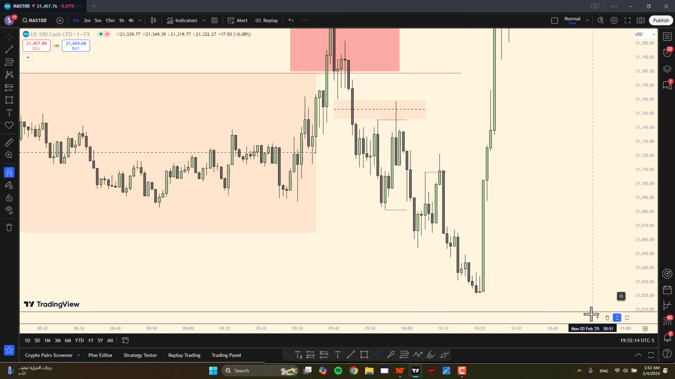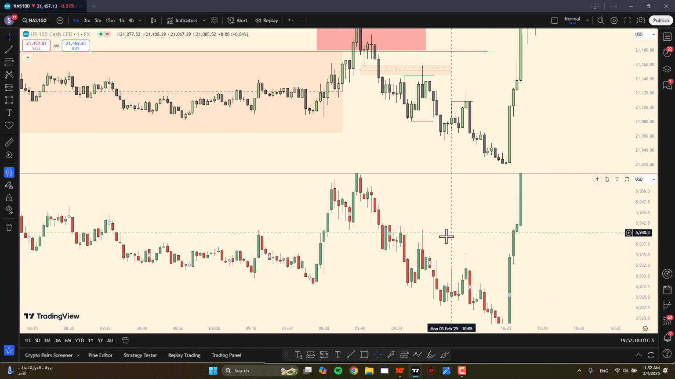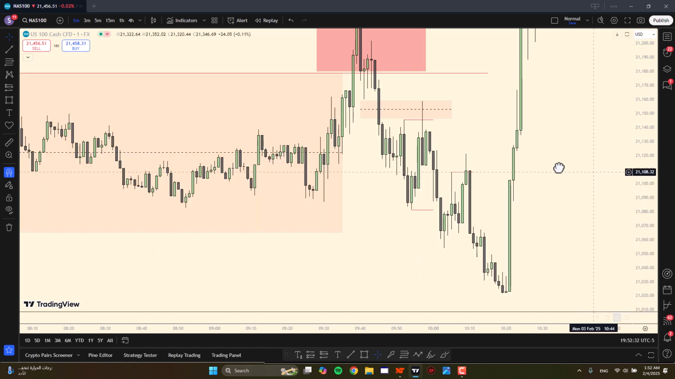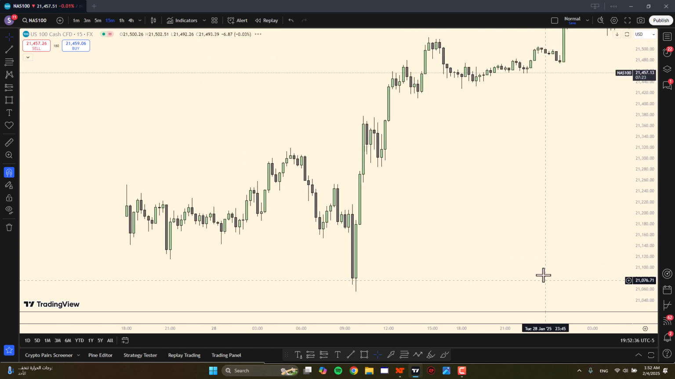So let's see if we have some SMTs. Yeah, so there was a beautiful SMT right here, right? This was a really high probability trade. Everything was aligned, right? I took it with confidence. So what happened later on is